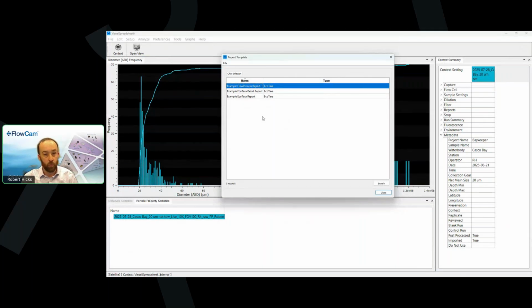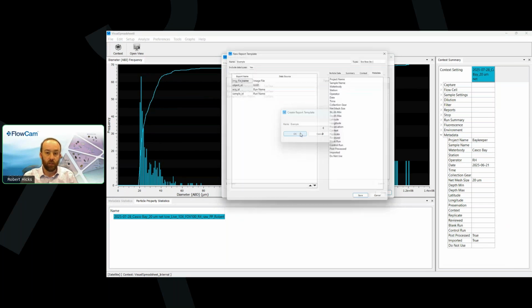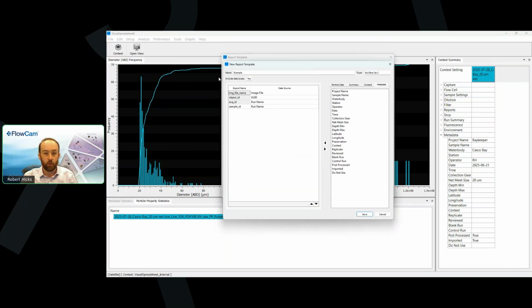when I just open a new one, there are quite a few options that are going to be applicable to most users, and starting from that report is a good place to start. But if I want to start a new one, I can go here to File and New, and I can name it Example. And when I open it here, I'm going to have this report template editor with the name of my report up here, and then a few pre-selected options that are